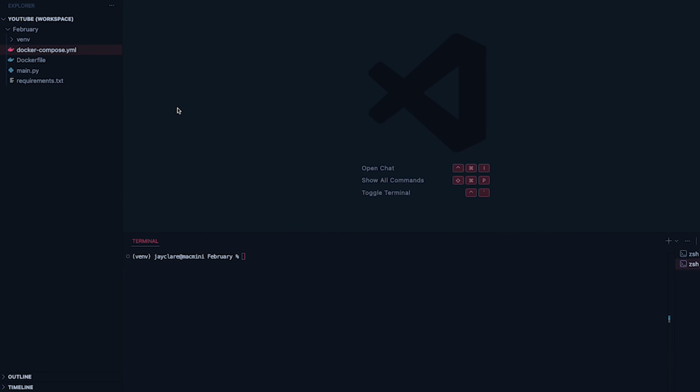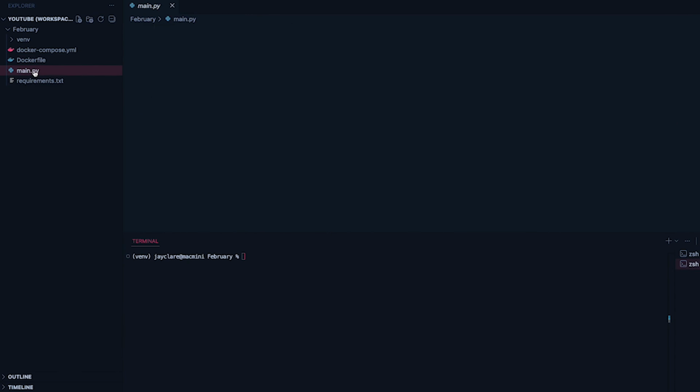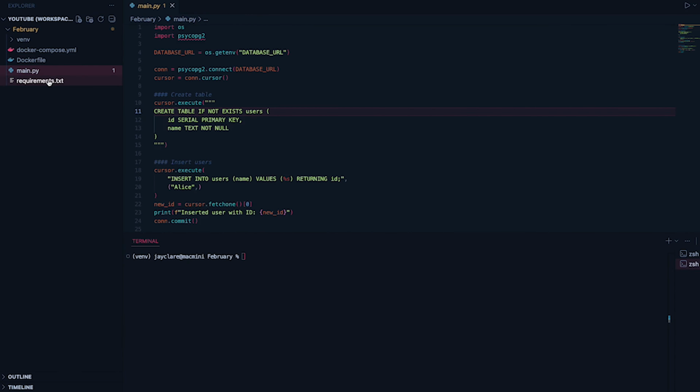And today we're going to be doing something that's really common, and that's setting up a small database along with our Python application. So let's go through the setup here. I'm going to explain what each of the individual parts are doing. We're then going to run our app a few times just so we can see from a practical sense exactly what's going on. So I've got a Docker compose, a Docker file, a Python file, and then finally some requirements